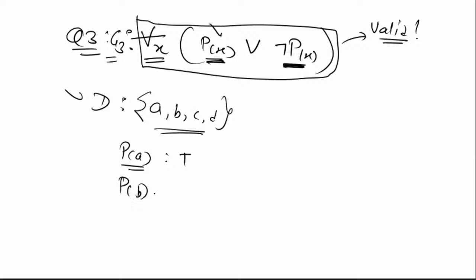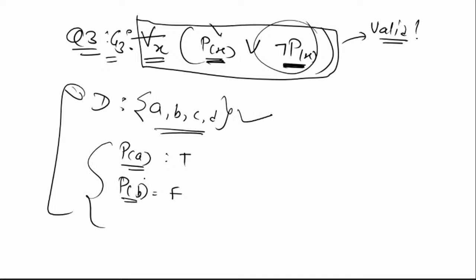For B, let's assume you make P(B) false. Then what will happen? Then negation of P(B) will become true. So that is the point: whatever environment you take, whatever domain and whatever interpretation, domain plus interpretation, you will see that this formula G3 is always true, because